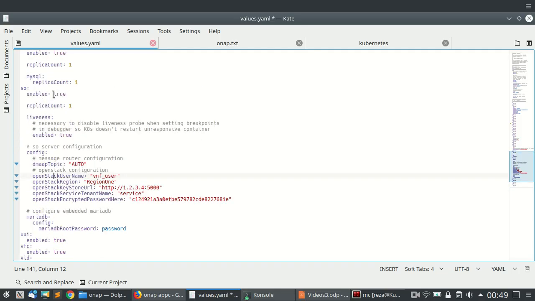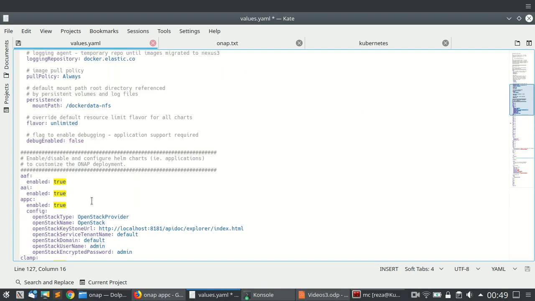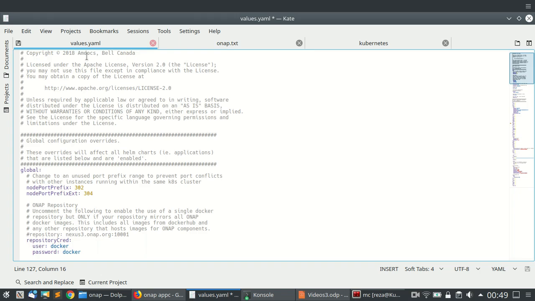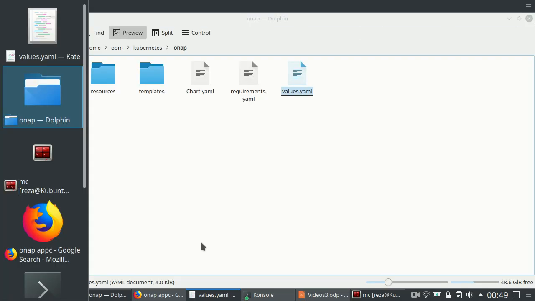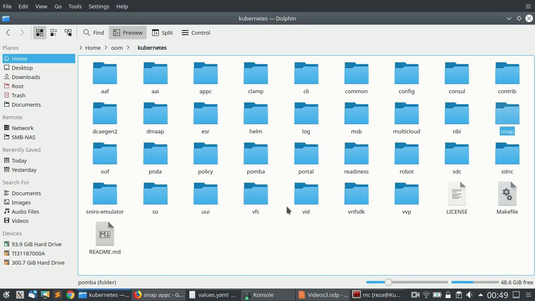So this actually will fail during our installation. I will not change it to false, but I want to make sure that's already there. And the other components are also all enabled, so that's what we needed. So these are the values of the ONAP. Let me save this file, and now if you go to the other folders, like let's say